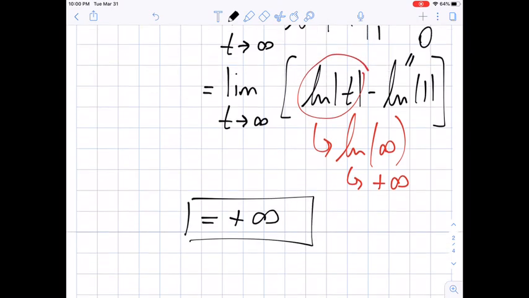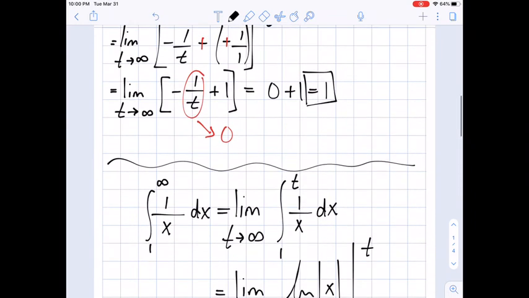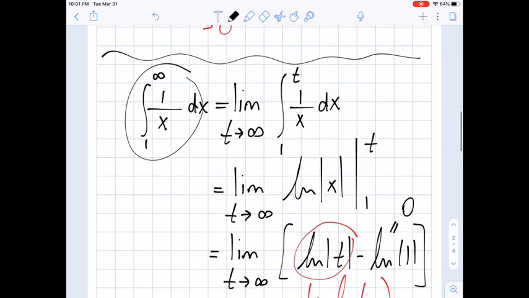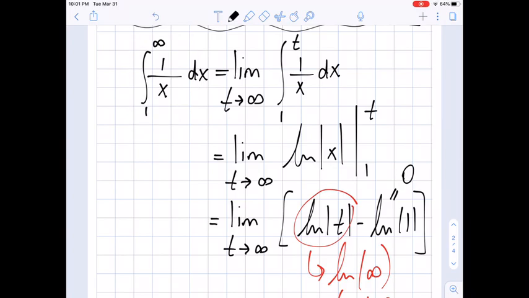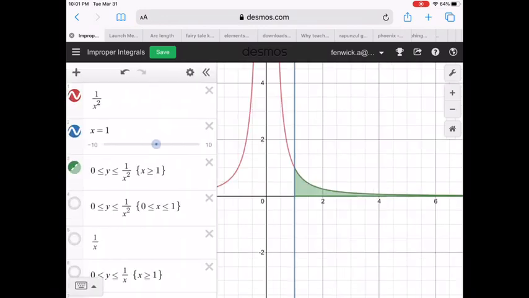Now, this is what I want to talk about. We have these two different integrals, we have these two different functions. One of them is 1 over x, and the other one was 1 over x squared. Why do we have this drastically different behavior between the two? Well, before, when we were talking about functions going to 0 fast enough, we said that 1 over x squared did approach 0 fast enough. Here, when I look at 1 over x,